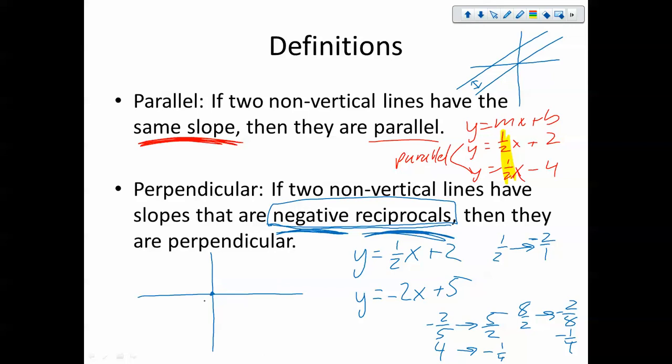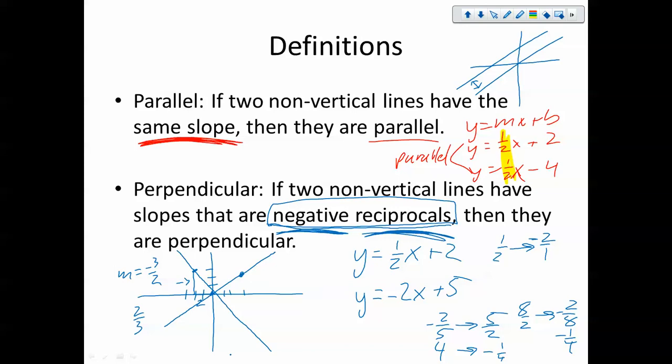So let's say we have this line here that has a slope of negative 3/2. Right? So this is my line. That's a slope of negative 3/2. A negative reciprocal of that would be 2/3. So if I started from this point that it goes through, I would go up 2, right 3, and notice how that line kind of creates